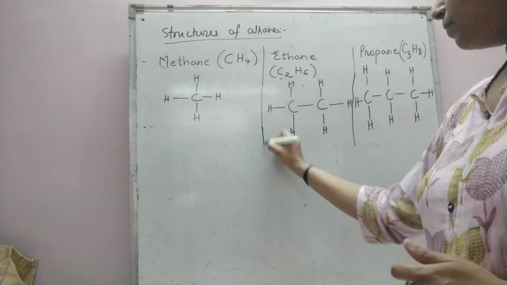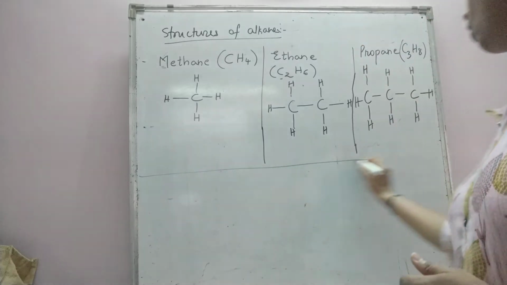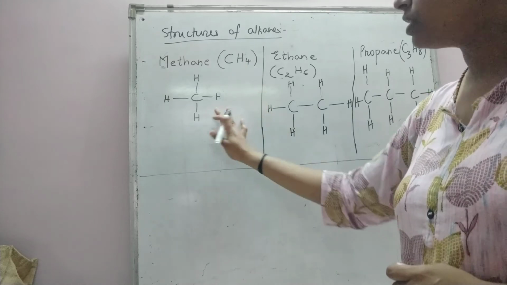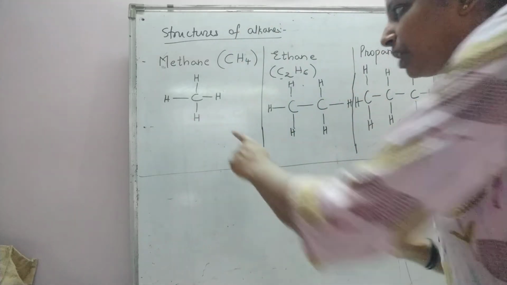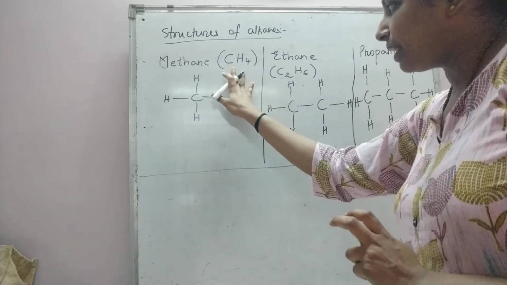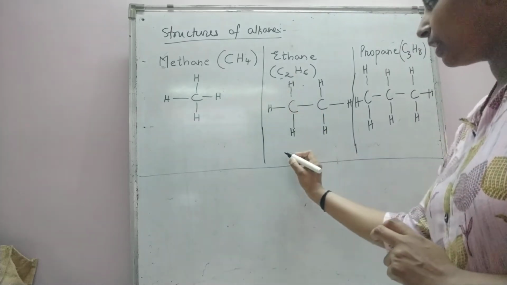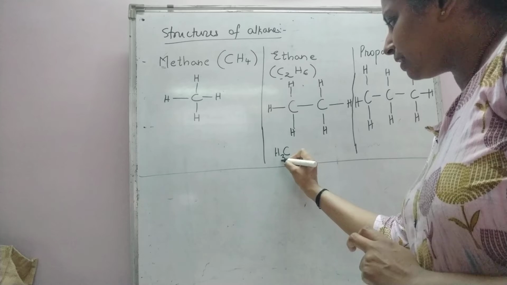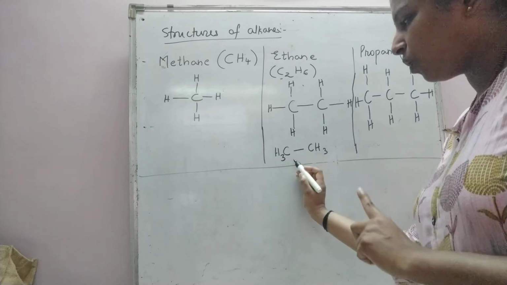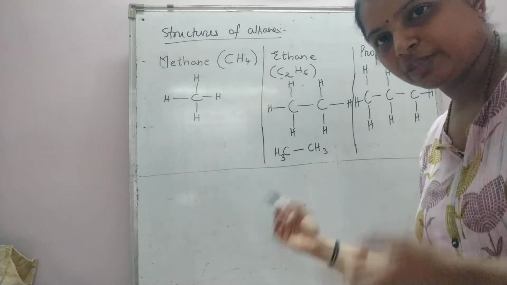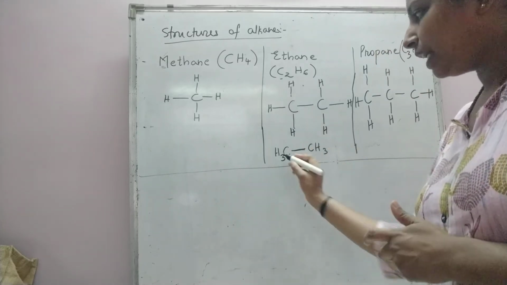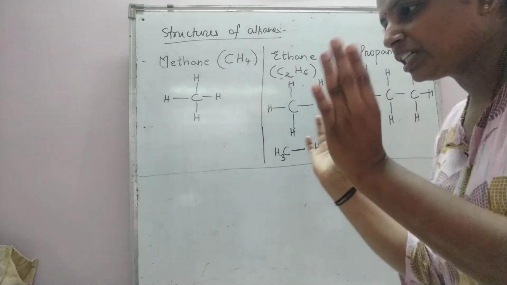Now when you have written the structure of methane, you can simply write it as CH4. You need not show all the bonds. The complete, elaborate structural formula is this, wherein you show all the bonds around the carbon atom. But in other ways, you can write methane as CH4. C2H6, ethane, can also be written as CH3, single bond, CH3. These hydrogen atoms can be written on the left-hand side or on the right-hand side. But as far as possible, we always try to show the carbon-carbon linkage. The number of hydrogen atoms around a carbon can be written together.